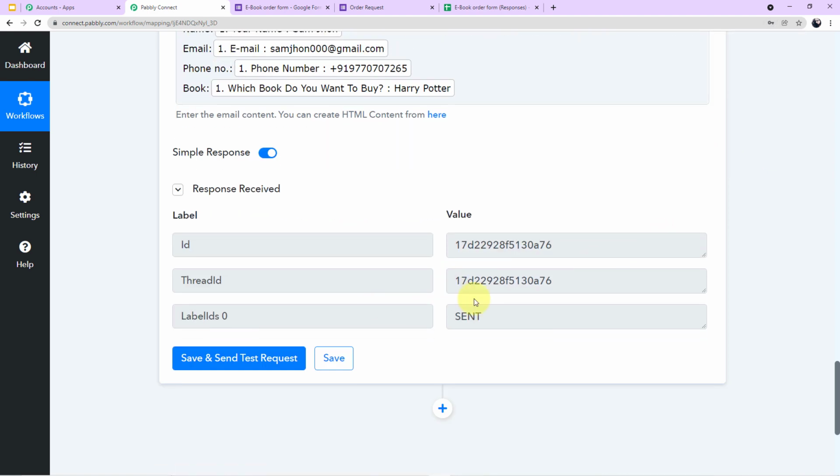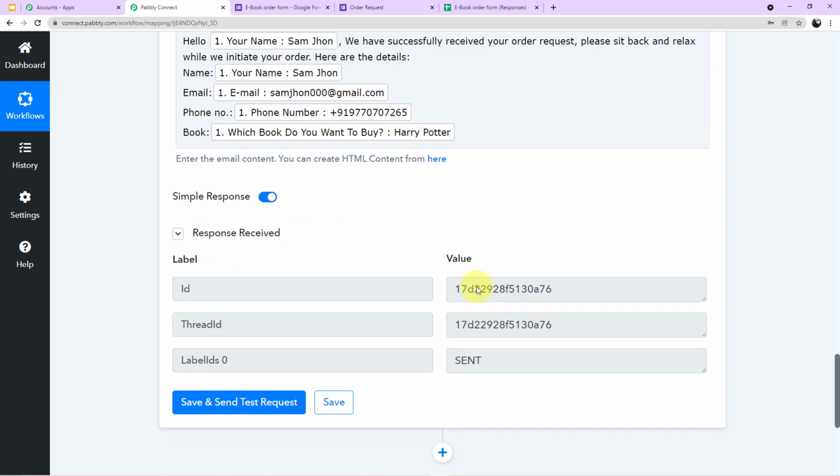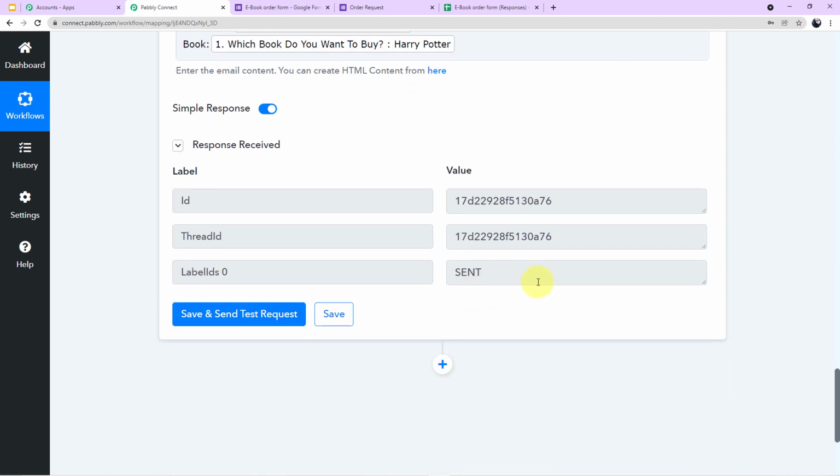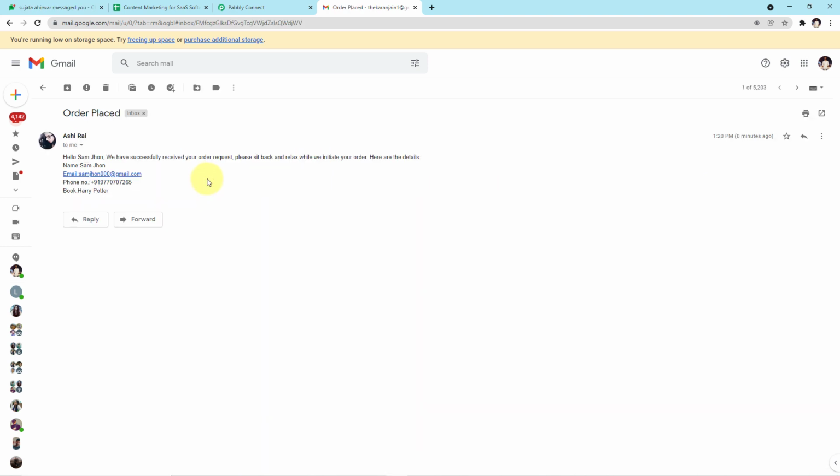Okay, so one mail has been sent to our customer. Let me show you the email which we have sent to the customer. Okay guys, here you can see right now I have received an email from Ashu Rai. Let me open it for you.